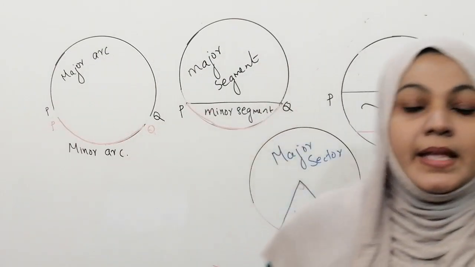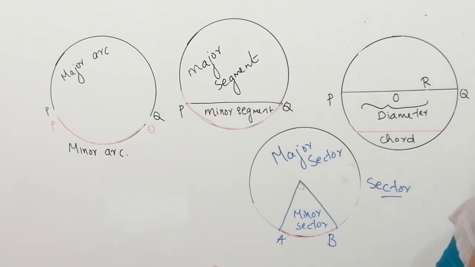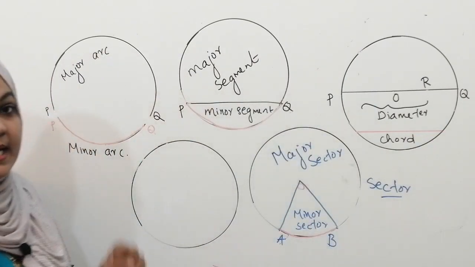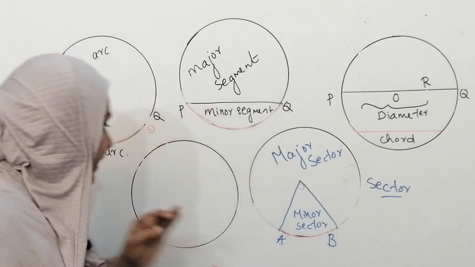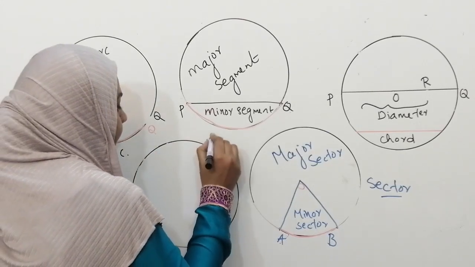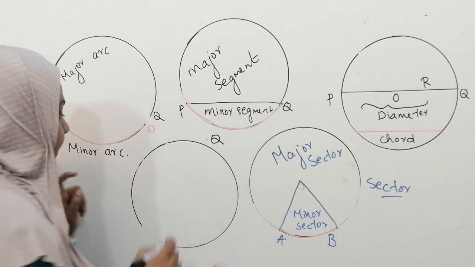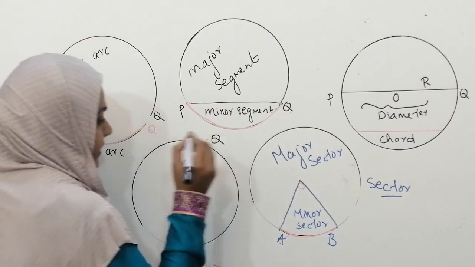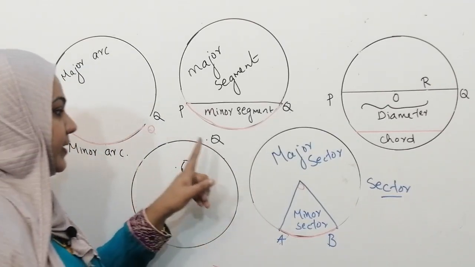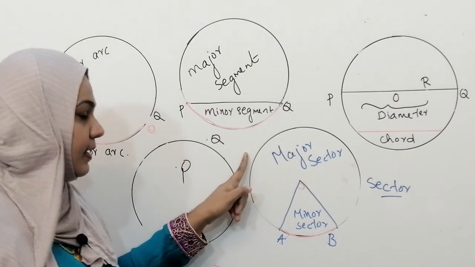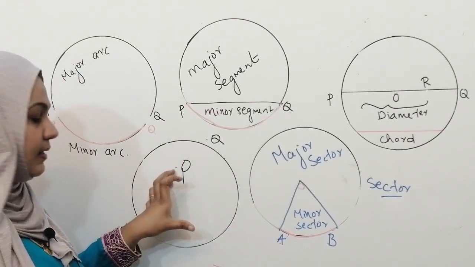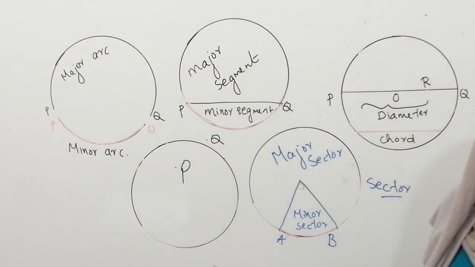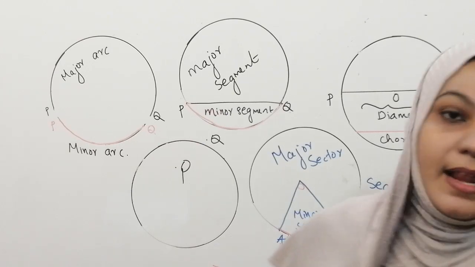That I didn't say: a circle divides the plane into three parts. So let's see how it will be. Here you can see. So actually which are the three parts? Exterior, on the circle and interior. Exterior means outside the circle. Interior means inside the circle and on the circle. So what are the three parts? Exterior of the circle, that is outside the circle. Interior of the circle means inside the circle and on the circle. So a circle divides the plane into three parts. Exterior, on the circle and interior.